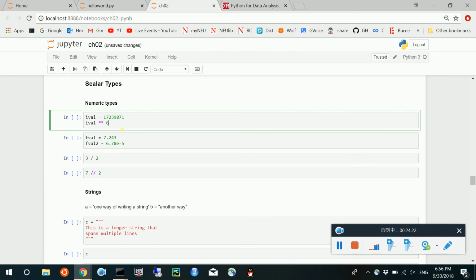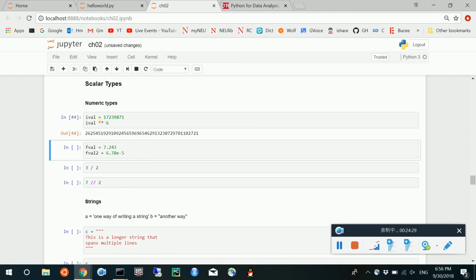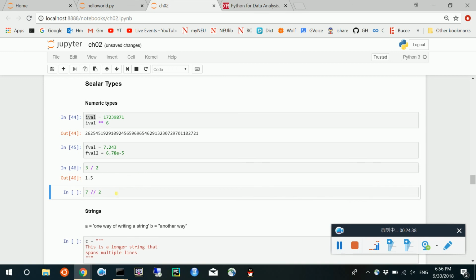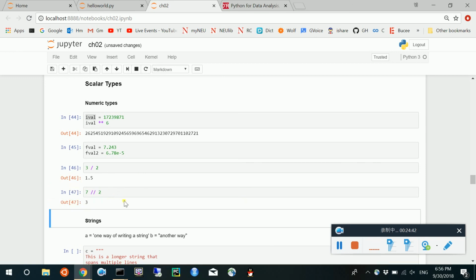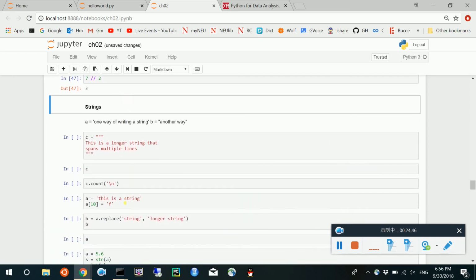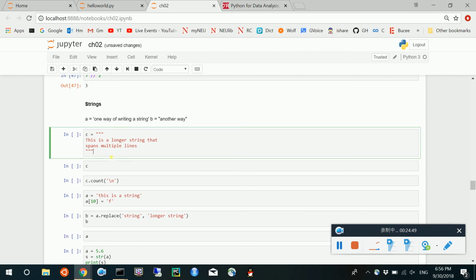Here are some more examples of how we do Python as a calculator. For example, this one is this variable raised to the 6th power. That is a very large number. And then this is the division, and this is if we use 7 divided by 2, and then the divisor is 3. To work with strings, for example, if we type a string in multiple lines,